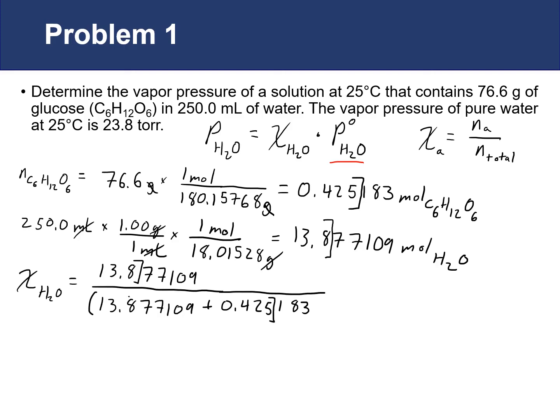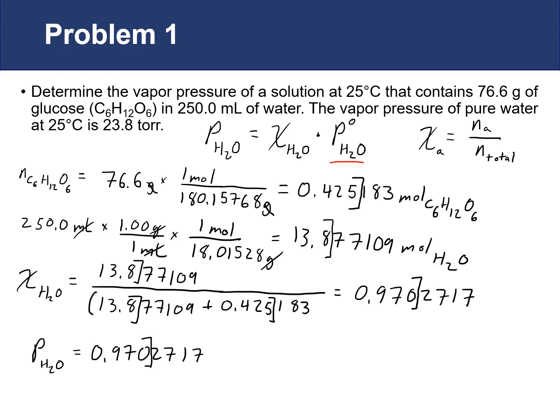Sig fig marked there, sig fig marked there. When you plug this into your calculator, you'll get 0.9702717, and we'll have 3 sig figs. To find our vapor pressure of water, we take our value 0.9702717, sig fig mark there, multiply that by our vapor pressure of the pure water at that same temperature, which